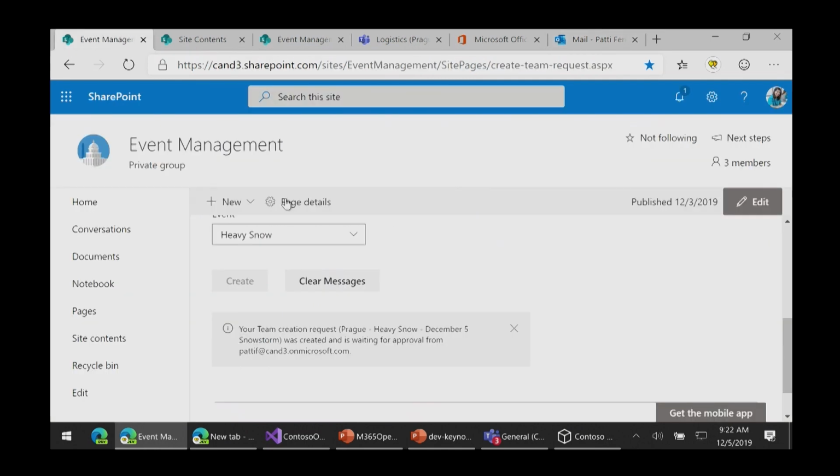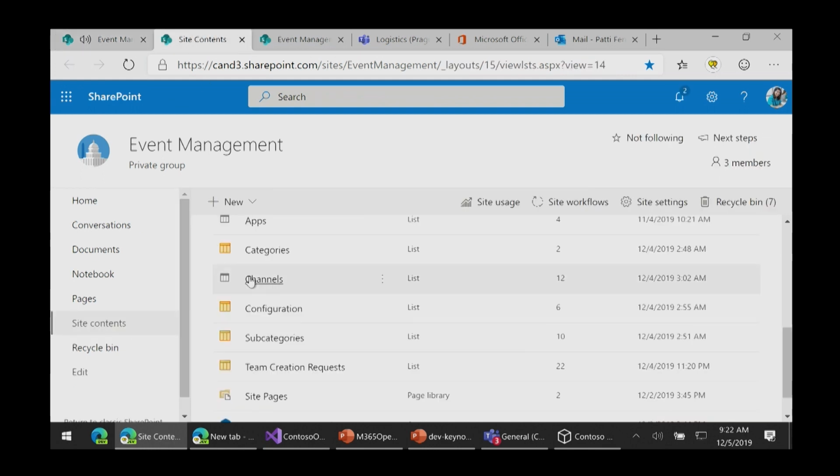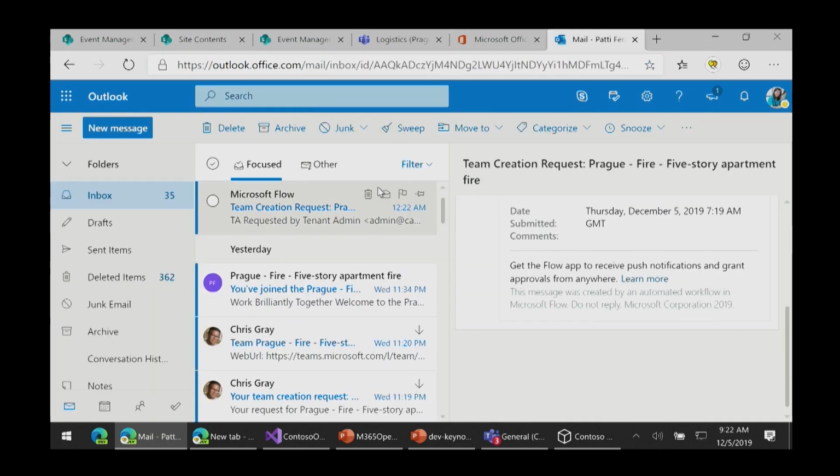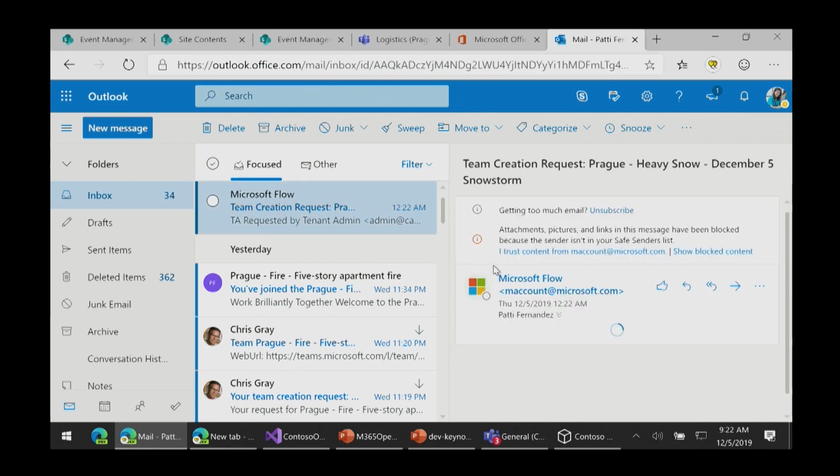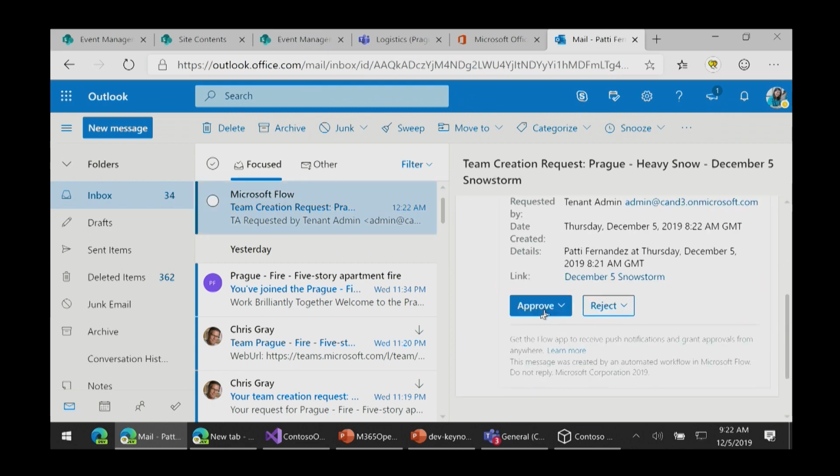But the nice thing about this is this application actually uses the power of SharePoint to go determine the configuration of the team that's about to get provisioned. There's a number of different templates that are configured through SharePoint lists. Again, using SharePoint lists is a very powerful Lego block in this application. And once I approve this through my Microsoft Flow, like so,